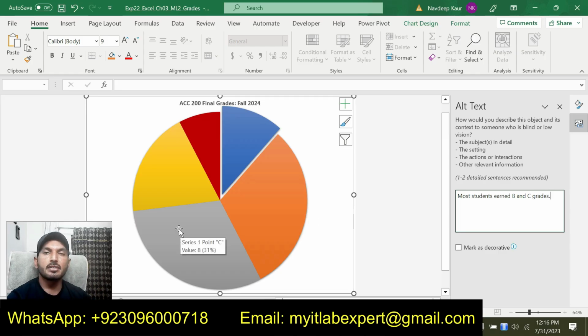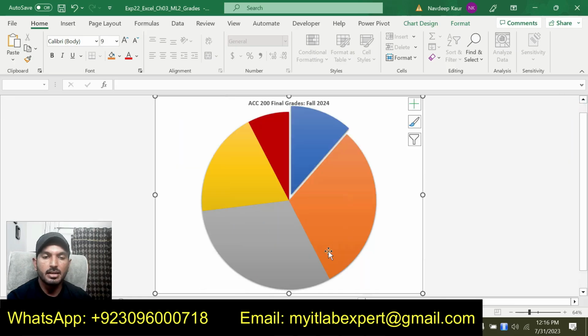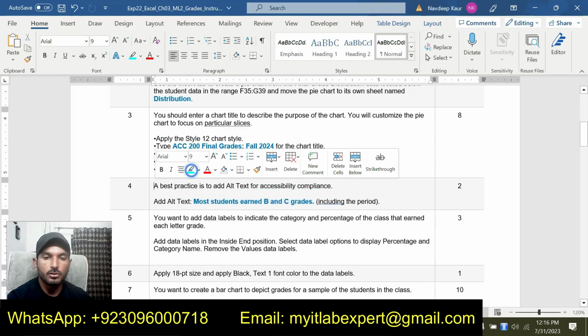So this is the alt text that we are supposed to add to the chart. Close this and the alt text will be automatically added to the chart. So that is all about step number 4. We have completed 4 steps so far. Now we're going to do the next step, that is step number 5.